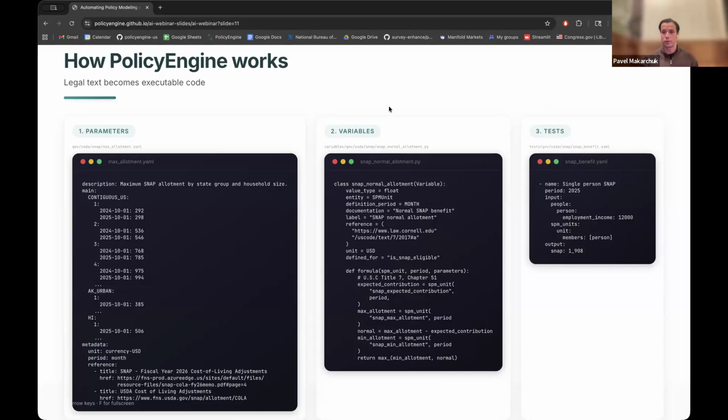We only cite primary sources for those parameters to make sure we align with legal code as closely as we can. It also has the description, which we can access for front-end purposes, and metadata such as the units, whether it's in dollars or a percentage, and the definition period, so a monthly amount versus a yearly amount, plus some more specific things for different parameters.